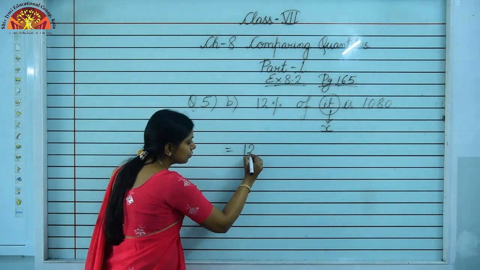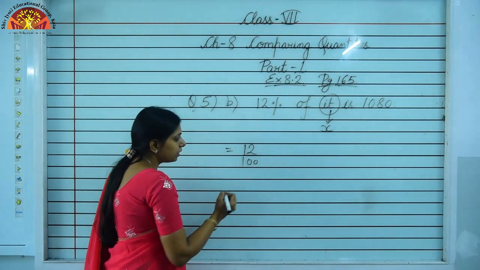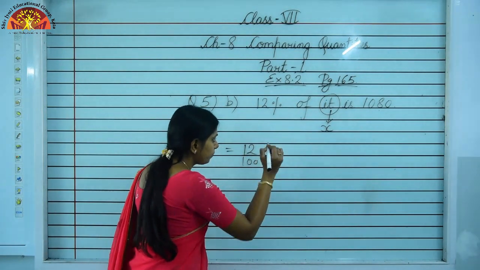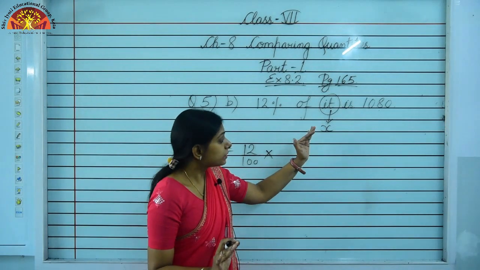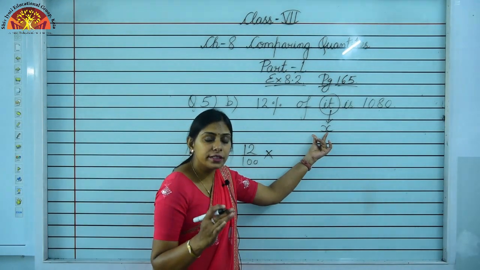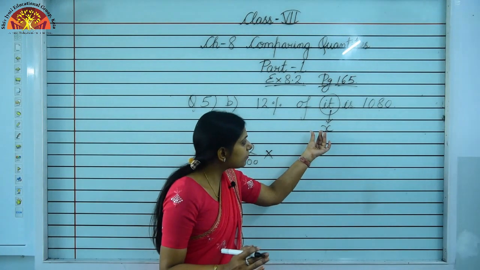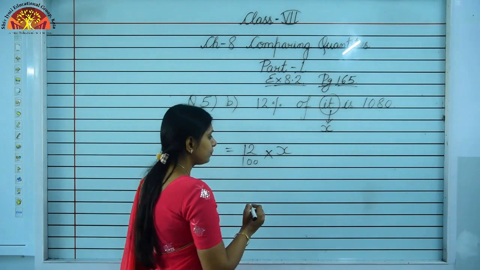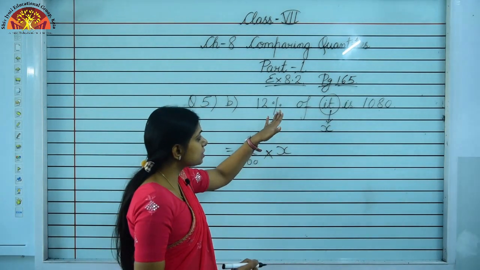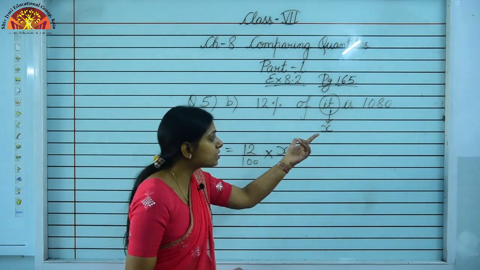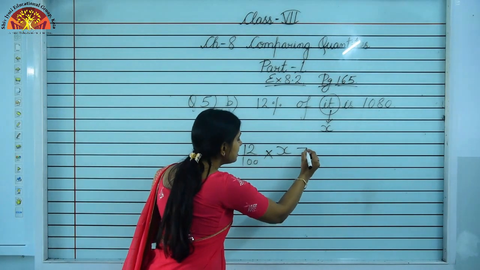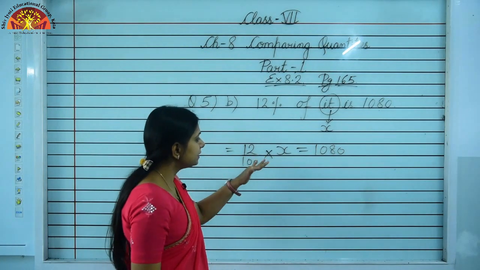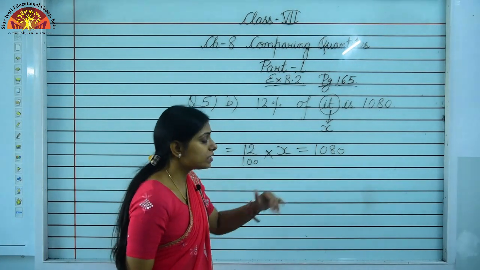12% को हमने convert किया fraction में तो क्या हो गया? 12 upon 100. ऑफ का मतलब क्या होता है? Yes, of means into. It, that is we don't know, that means you have to find this it. और it को हमने यहाँ पे क्या suppose किया? We have supposed this whole quantity it as x. तो हमने इसको क्या रख लिया? x. is, इसकी value total क्या दे रखी है, that is 12% of it is 1080, that is 12 upon 100 into x is equal to 1080.